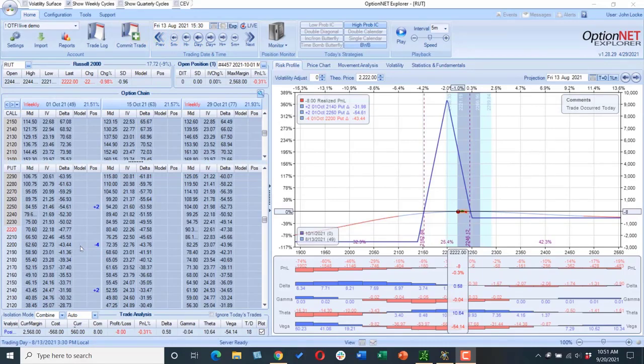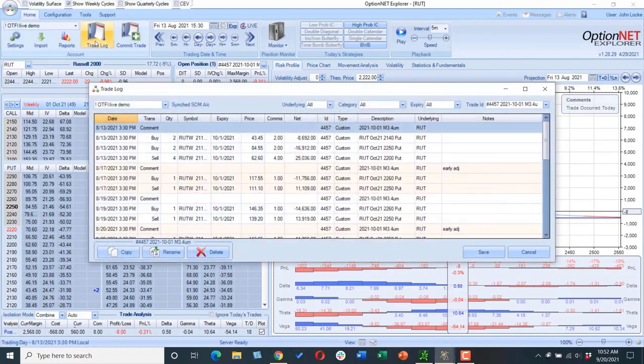If I do standard M3.4U guidelines, I start with my 60-40 broken wing butterfly. I end up widening out to 60-50. Let's just go along day by day. Now, as for the T-Log, and you'll know this in the Pro membership, I don't post the actual trades in OptionNet Explorer. I almost never do. I track everything real time on TOS, and I track my profit and loss on Thinkorswim.